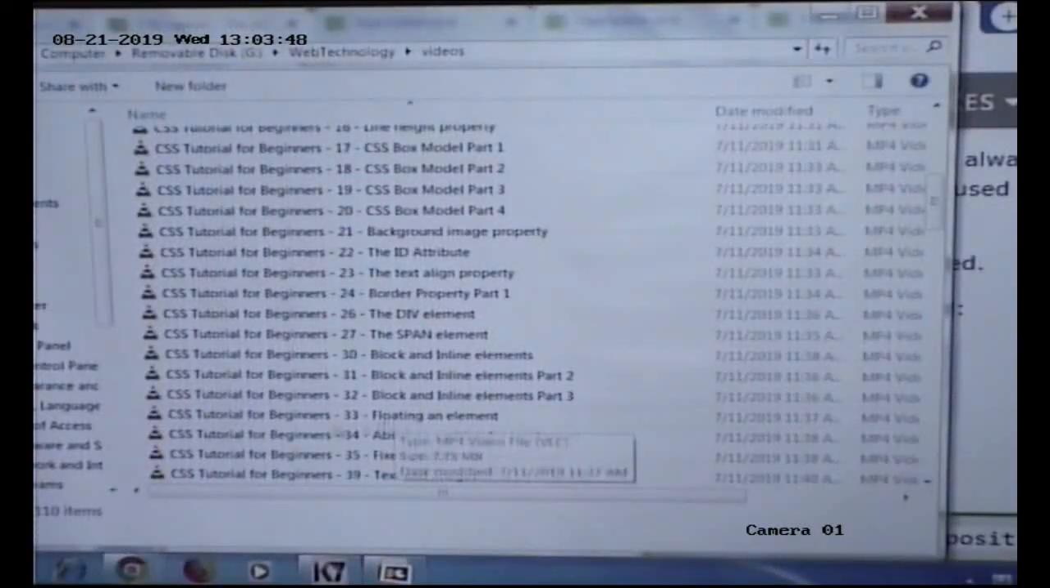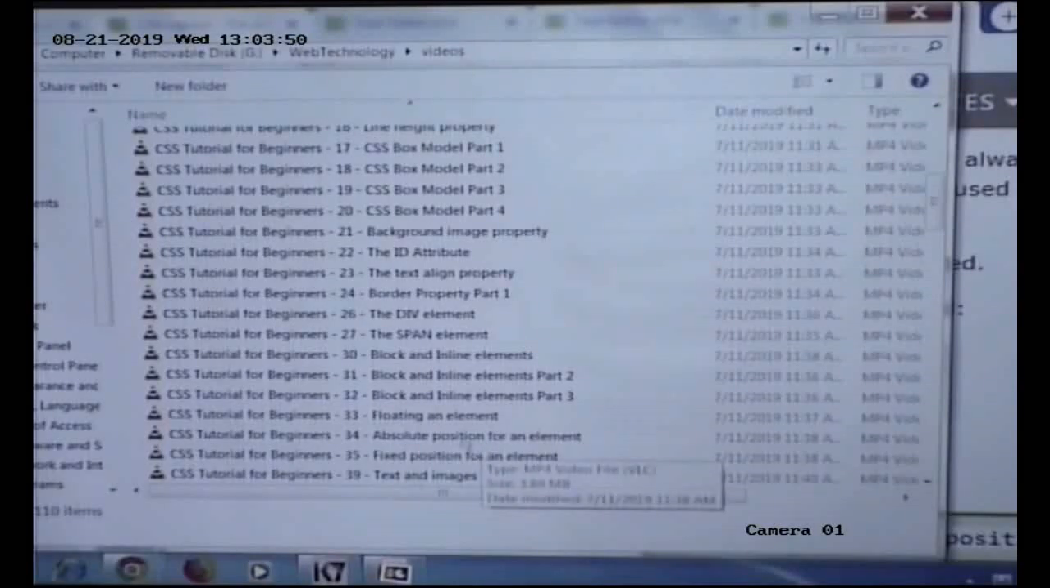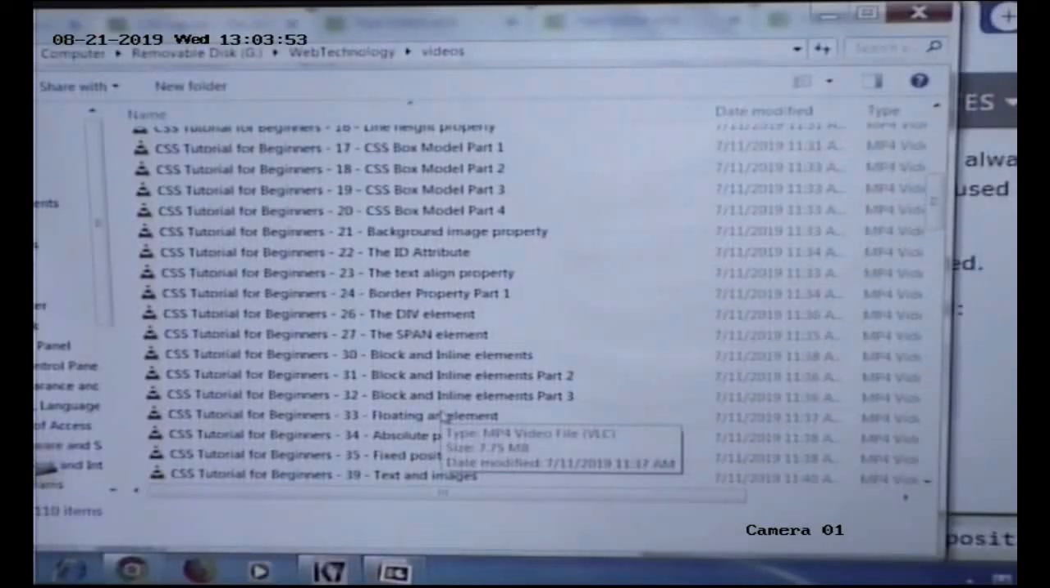First we can go for how to float an element. To float an element, we have to change the left, right and bottom properties of an element. So first you can see the demo of